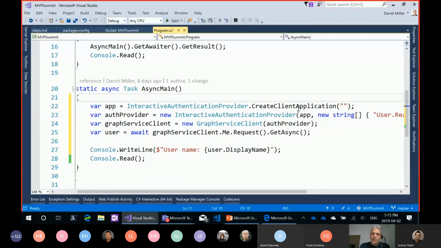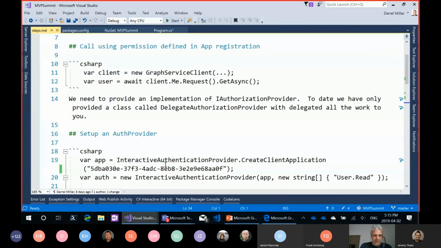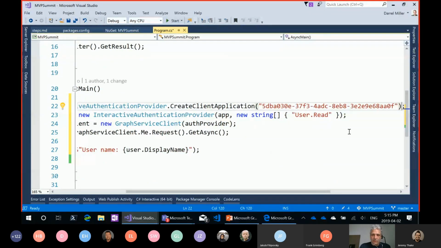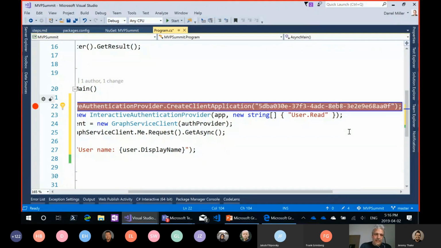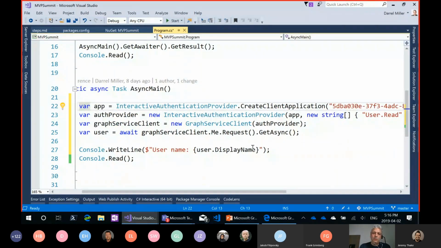So we've created an app, but we're going to need a client ID. I've already set up a client ID. I don't happen to remember the GUID, so let me go and copy that from my notes over here. Okay. We've created ourselves a public client application. We've created ourselves an auth provider for the flow that we want to use. We pass that auth provider into the graph service client,